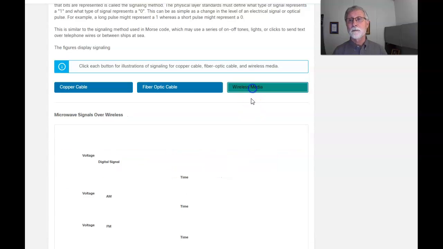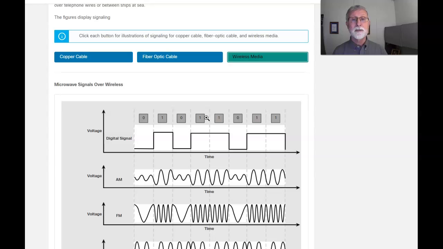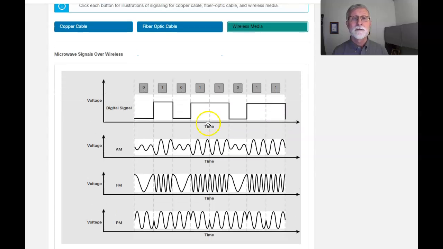And then wireless, based on what type of encoding it's using, whether you're going to get amplitude modulation, which is the height of the waves, whether I'm going to get frequency modulation, where I'm faster or slower to regulate a 1 or a 0, or I'm going to get phase modulation,